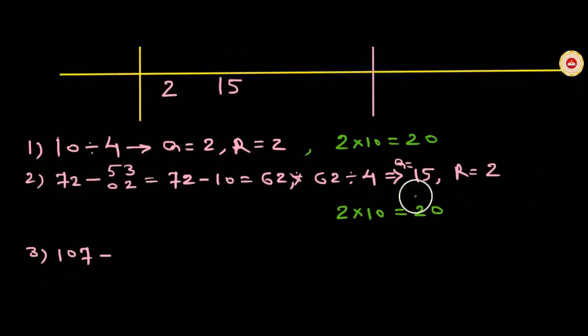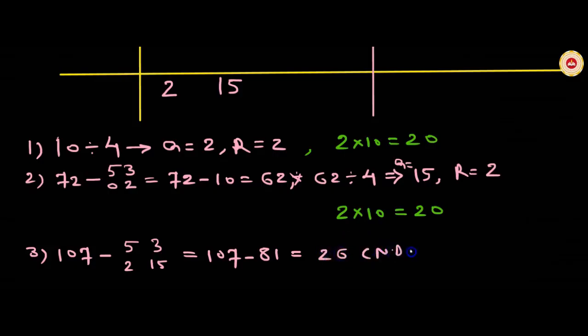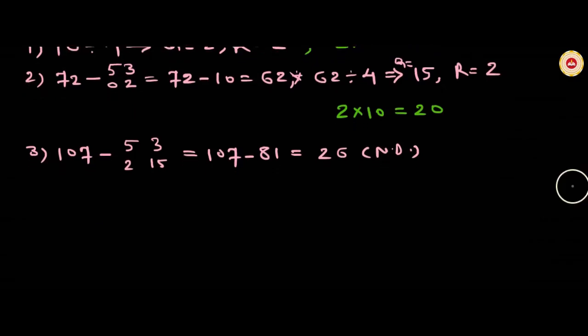So 5 3, see 5 3 and 2 15. Consider this 15 as a single quotient digit. So 107 minus the cross product: 5 15s are 5 15, 15 5s are 75 plus 6, 81, okay, which is equal to 26. 26 is the net dividend, and let us divide 26 by